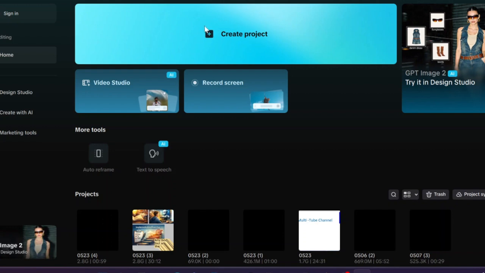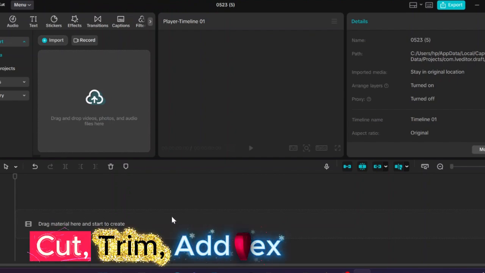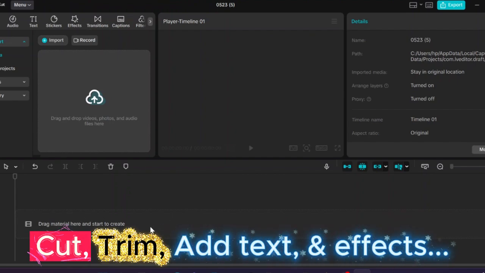So we open the CapCut editing interface by clicking on the plus sign. እዚህ ጋር create projects በሚለው ላይ ክሊክ አድርገን የCapCut editing ሶፍትዌርን እንከፍታለን። We wait until the editing interface is ready to go. ይሄ መጥቶልናል። This is our CapCut editing interface. This is a timeline where we cut, trim, and add texts and effects on